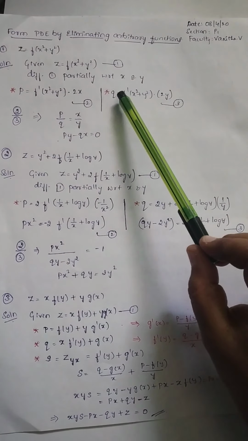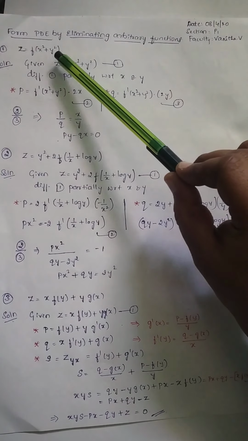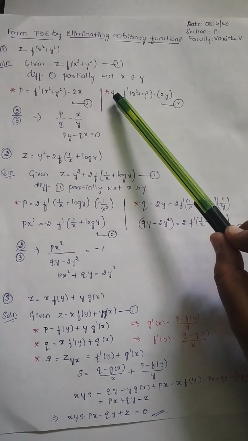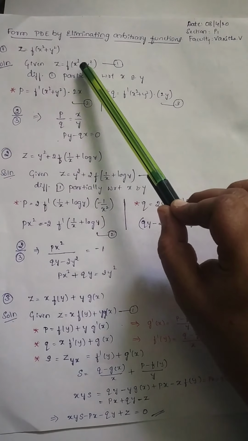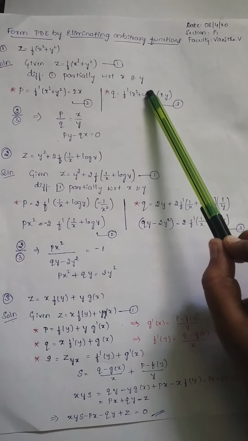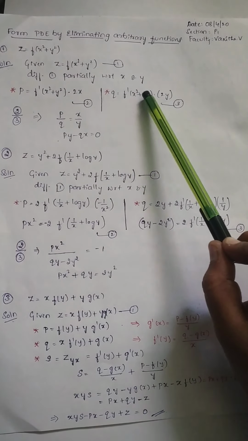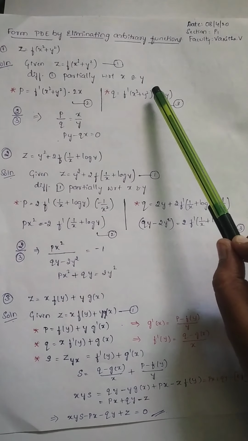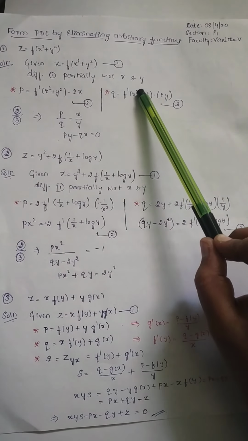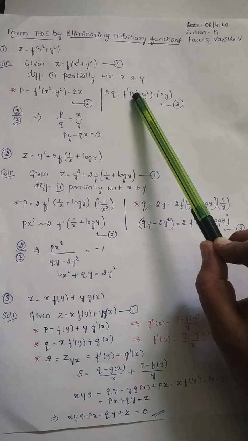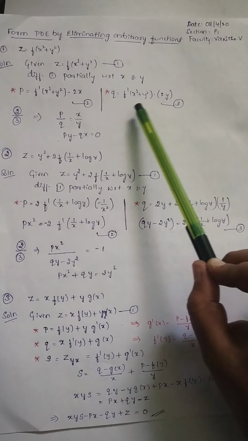Okay, and now case 2, partial differentiation of 1 with respect to y. So LHS becomes del z by del y, nothing but q, and in the RHS differentiation of f of x is f dash of x, and by chain rule differentiation of the two terms inside the bracket is to be done. Differentiation with respect to y is taken, so x will be constant, differentiation of constant is 0, and differentiation of y square is 2y, and calling these two as 2 and 3.